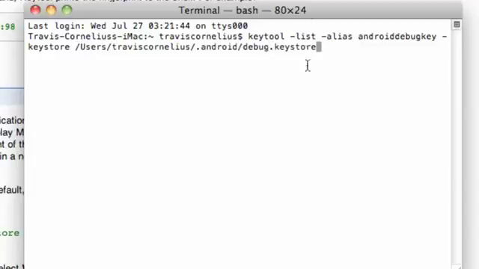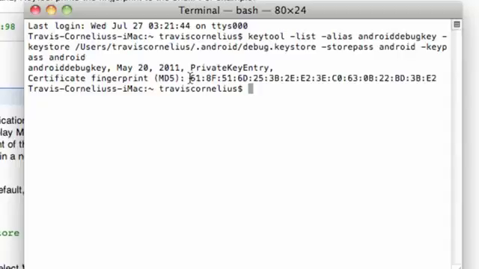So we have this keystore here, and then we just say -storepass, and the password is android, which they have set up, and then also our keypass is android as well. And we hit enter, and it gives us this unique fingerprint. So we're going to copy this,